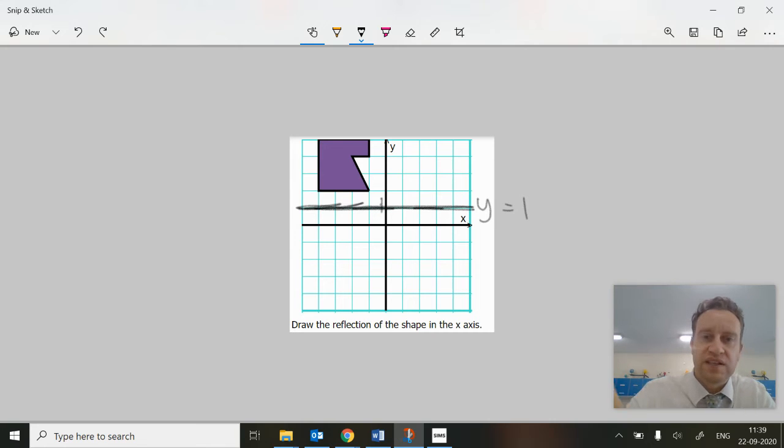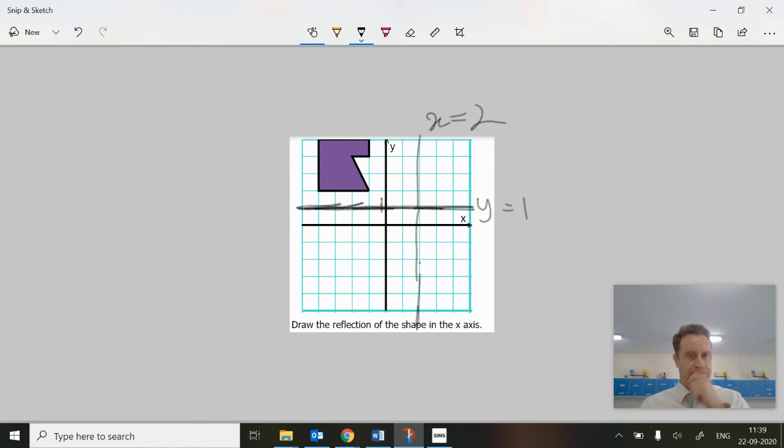Okay, now if I wanted a distance across of 2, yeah, so that line there will give us a distance across of 2, and distance across is x. Now, this is a bit strange really, because the x-axis is horizontal, but when we say x is equal to 2, that's vertical because it defines all of the points on a line which are 2 across